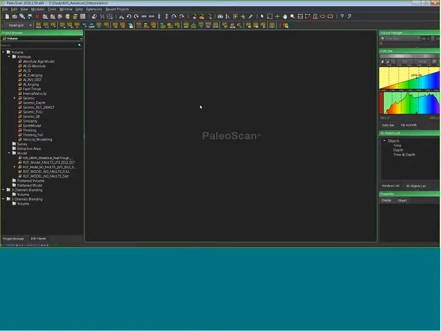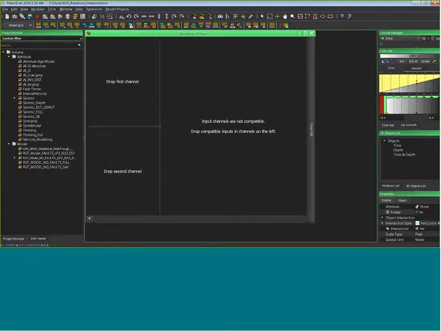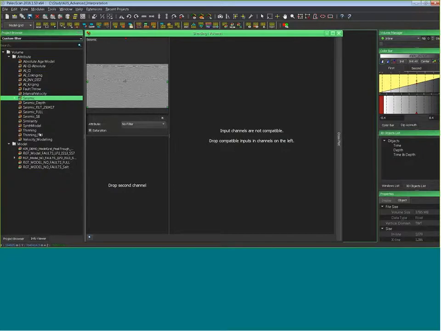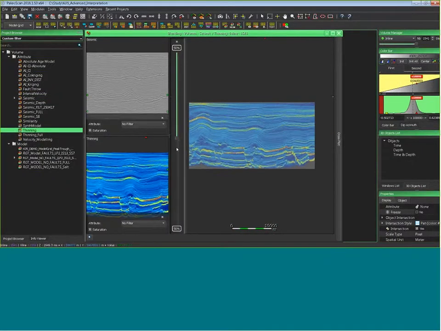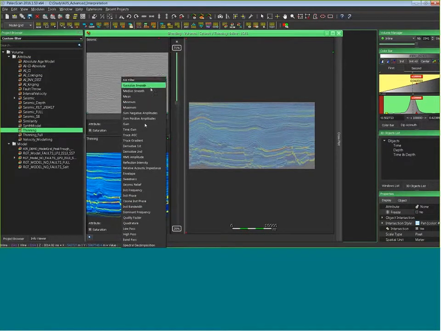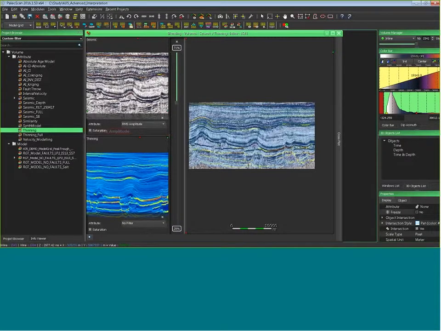As I explained during the PowerPoint presentation, we have changed our blending viewer a little bit. It's still possible to do volume and horizon stack blending viewer, but now it's also possible to do arbitrary line and horizon blending viewer. Just drag and drop, for example thinning. It's on the left part, and you have direct access to all the filters on the overlay, right here.